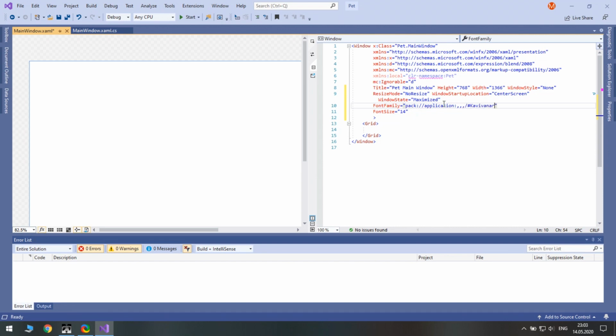If you wonder why we write pack, colon, and so on, then don't. We have to. Just remember that this is how you access files as resources. Also, let's set the button style, which will be applied to all buttons within our main window. This will save us a lot of time during the development.